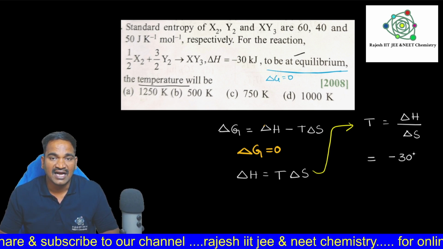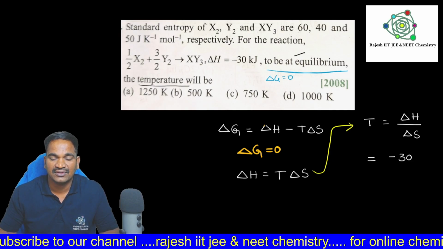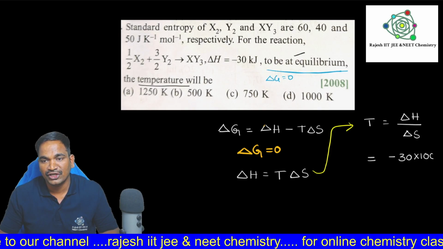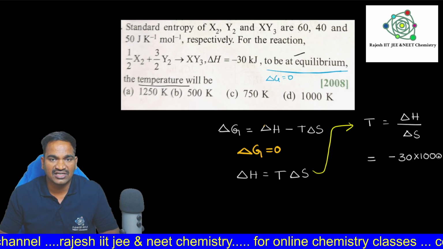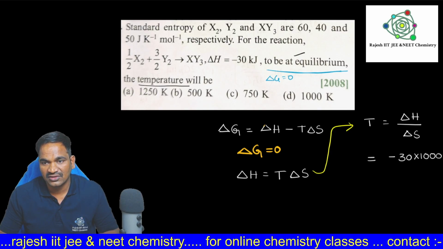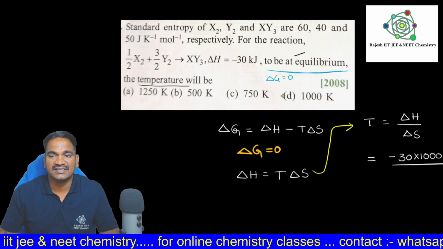Kilojoules is given, and S value is given in joules. So I am multiplying this by 1000. Therefore minus 30 into 1000, in units of joules, divided by